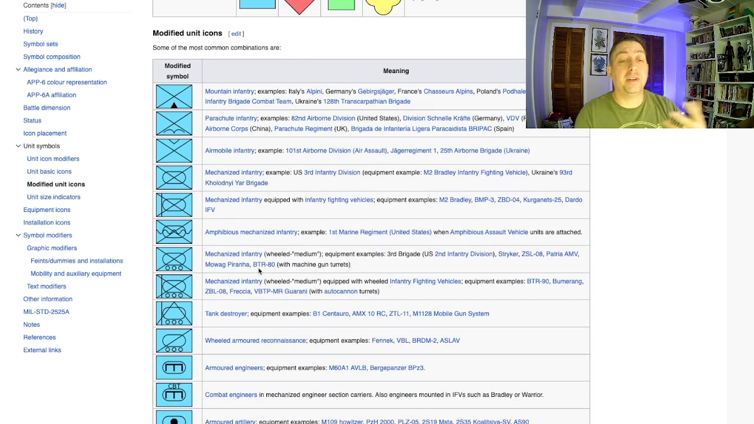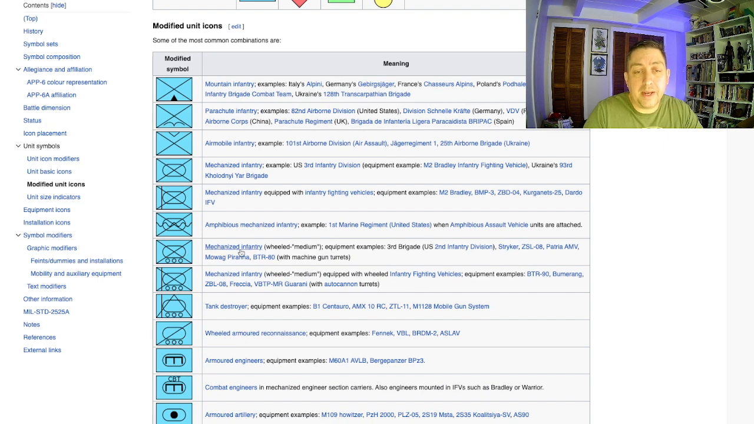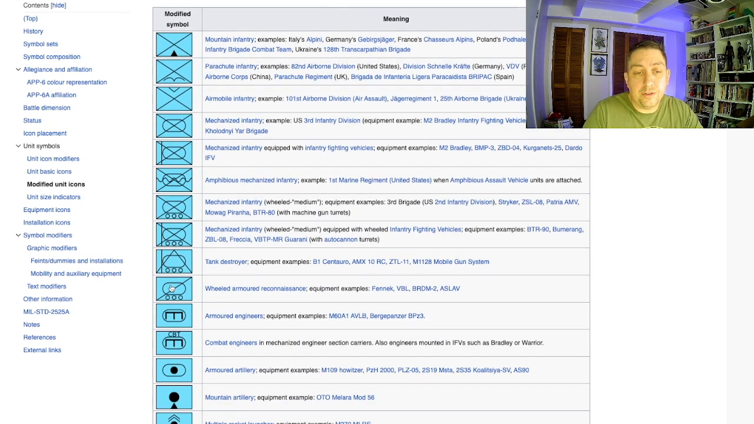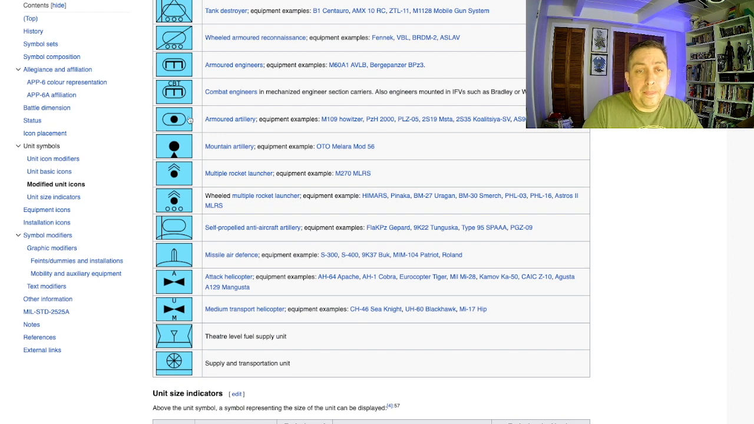And now you need to get down to how many of these guys are around. If you have infantry, great. It's nice to know that there's infantry moving around this map. But how are they moving? How many are there? Well, here you have your mechanized infantry. It's just the oval with the 3 circles and an X through it. You have your combat engineers, your armored engineers, armored artillery,